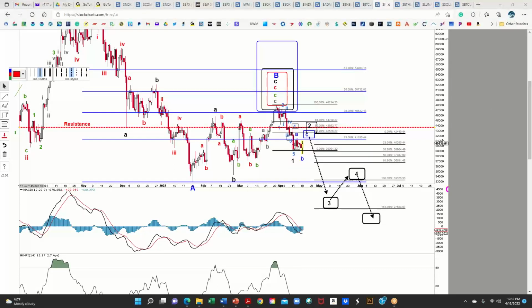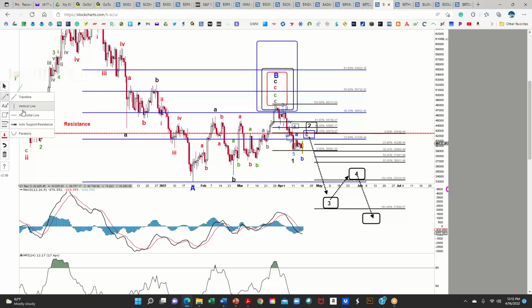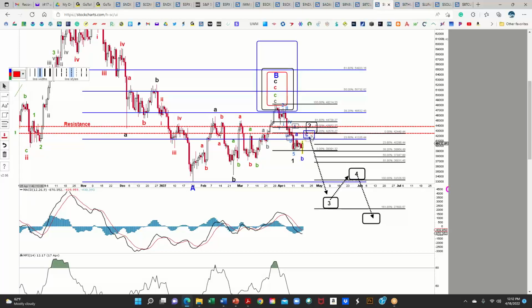Resistance remains here, of course, at about 44,000, somewhere in this area. We have, of course, resistance here as well. So let's put this resistance band somewhere there. This is resistance, so that aligns quite nicely with this C wave of wave 2. I know it's very busy, so to say. And of course, we need to break out to become bullish. Okay, so please keep this in mind. Again, I think the price action over the last few days, 1, 2, 3, 4, 5, 6, 7 trading days, shows how complex a wave 2 or a B wave can become. So please keep that in mind.